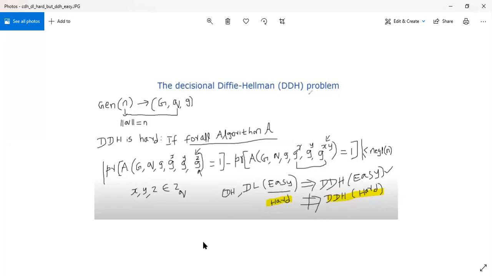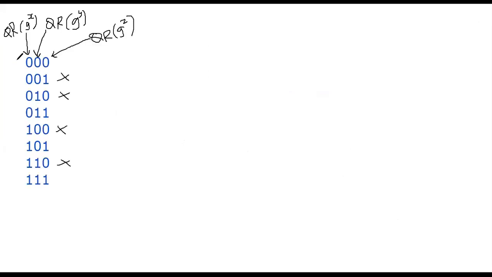Let me summarize this more visually also. What did we do so far? I have 3 columns here. The first column is checking whether G power X is a quadratic residue. The second column is whether G power Y is a quadratic residue. In the third column, we are checking whether G power Z is a quadratic residue. So I wrote 8 combinations here. And why did I mark only 4 of them? Let's assume the third column